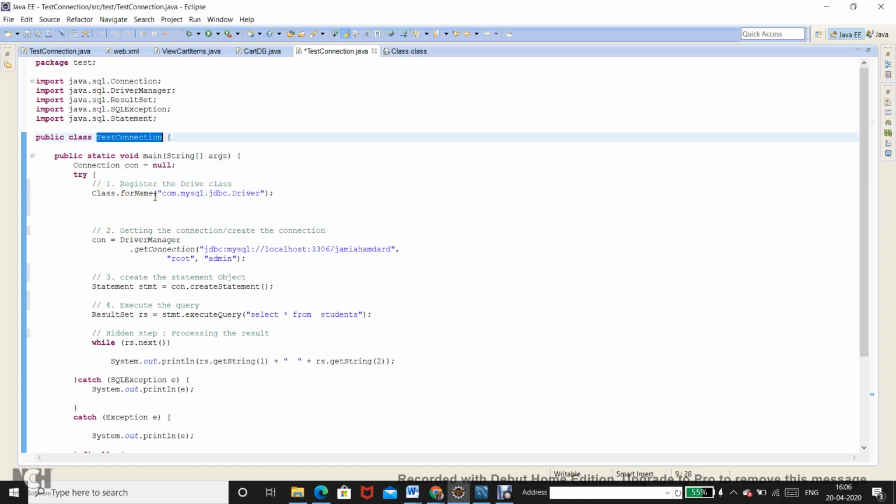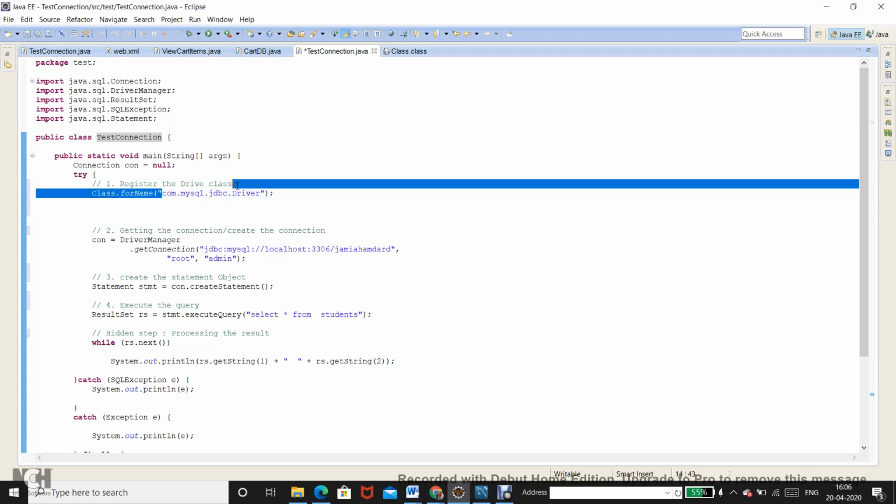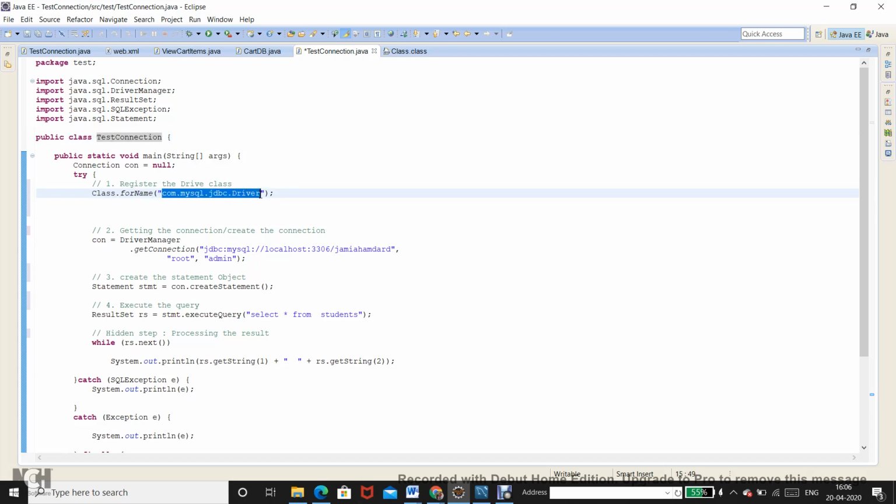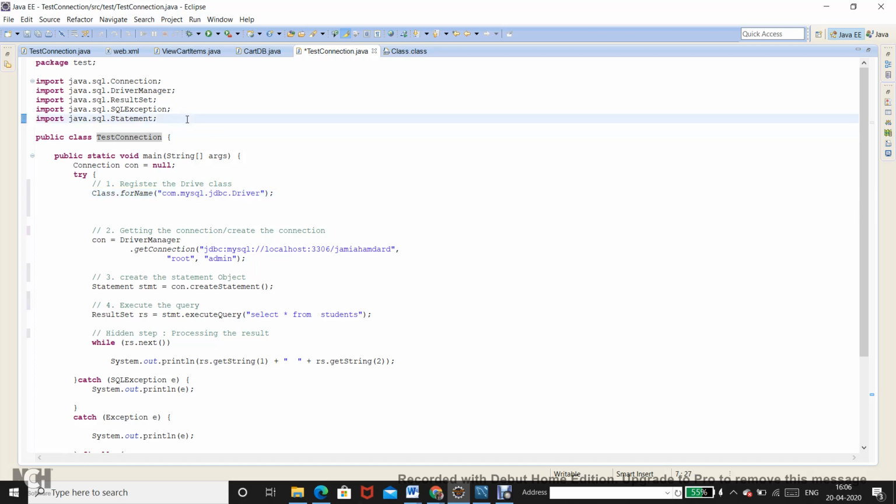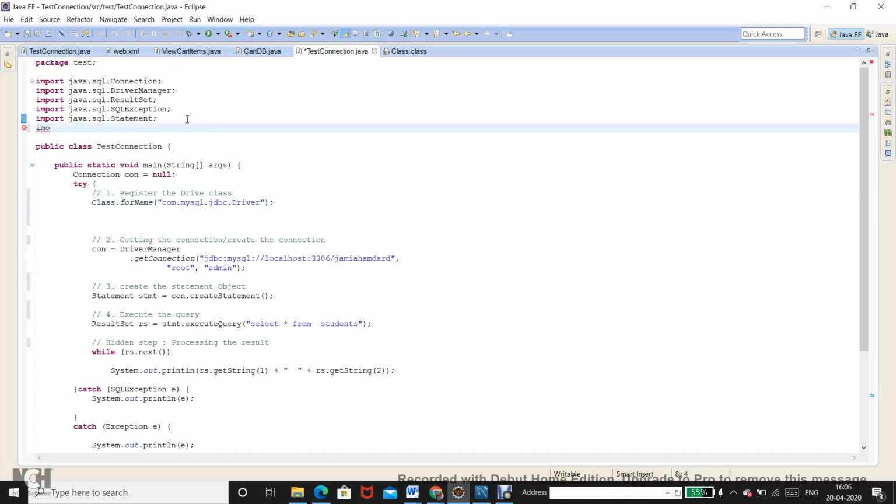So you could have done one thing: instead of writing this particular line over here, you could have just written an import. You can see it's a valid statement, and you can import the same class.